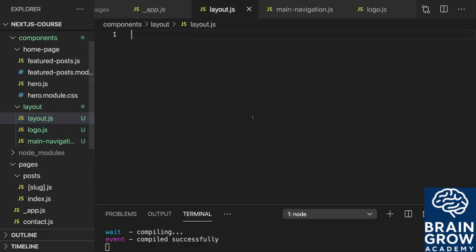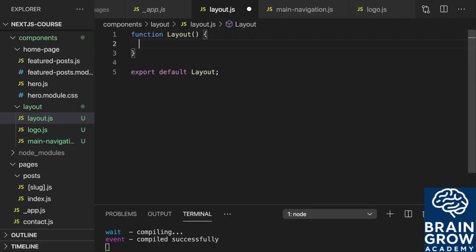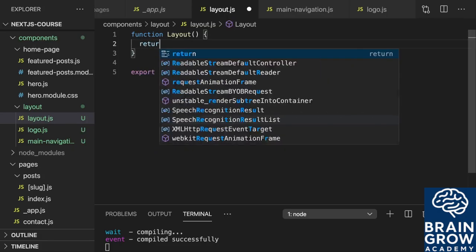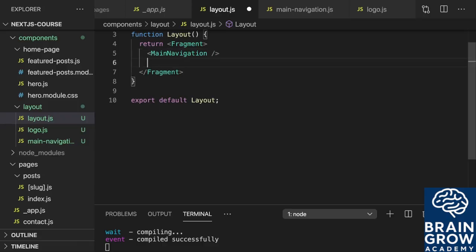Now with that, let's start with the layout component. In there, we can again create a function and export that function, layout. And in that function, we then return a fragment because I want to have two adjacent JSX elements. And the first one will be the main navigation, so this separate component, which we'll store in the main navigation file. The second JSX element will be the regular main HTML element in which I want to output